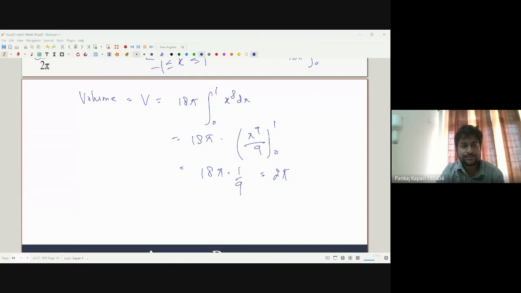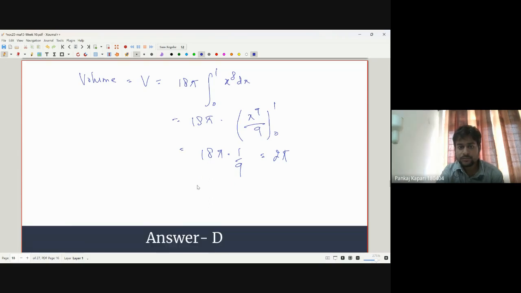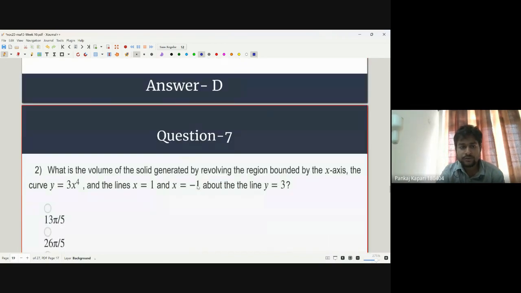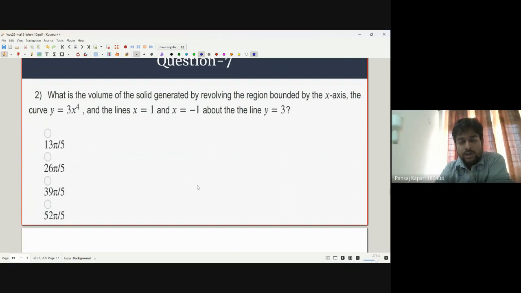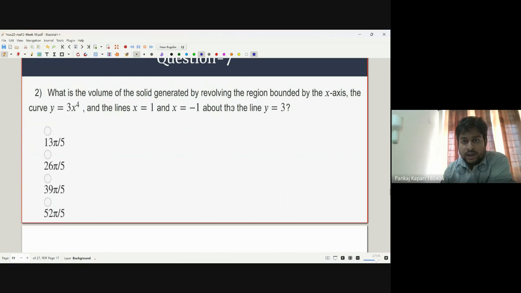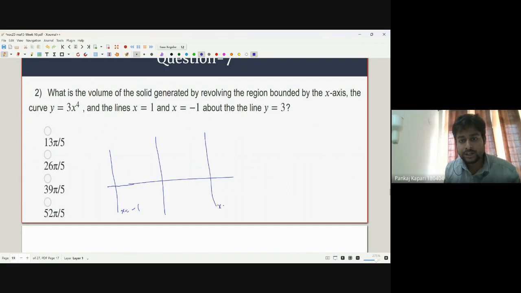So any questions? Okay, so if no questions, let's move to the next problem. In the next problem, I think it's the same region, but we are revolving it about a different axis. Again, the region is the same, I think. So it's bounded by the lines x equal to 1 and -1. So again, we have these lines x equal to -1, then x equal to 1, and